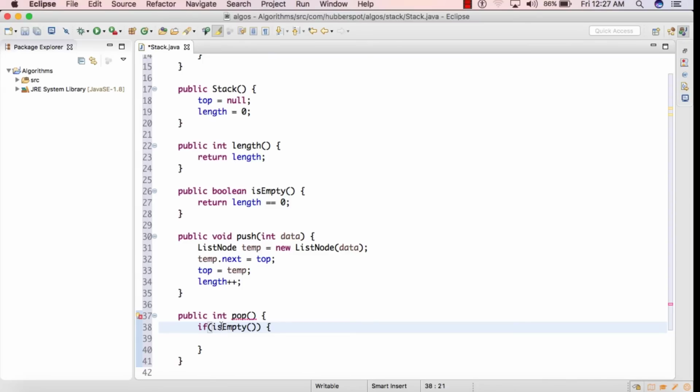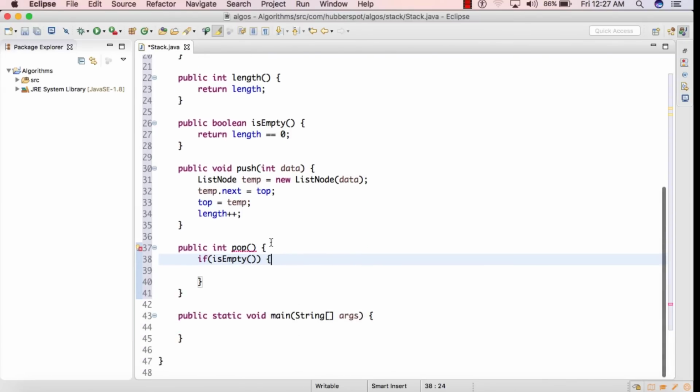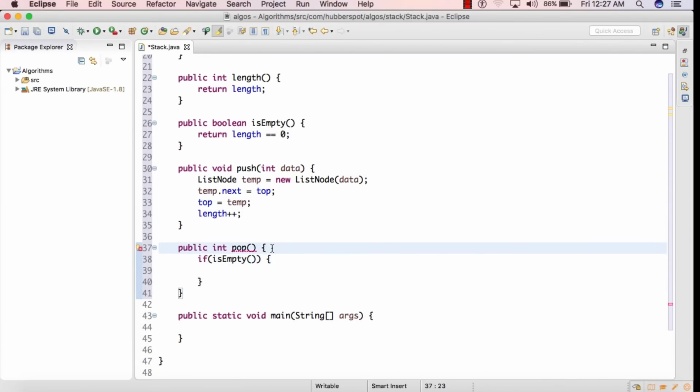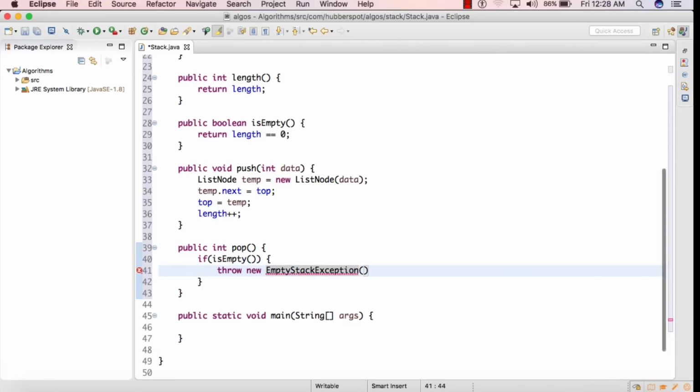So friends, if suppose the stack is empty, then we can't pop an element from the stack. So if the stack is empty, we'll throw an exception. We'll throw empty stack exception because we know that stack is empty and we cannot pop an element from an